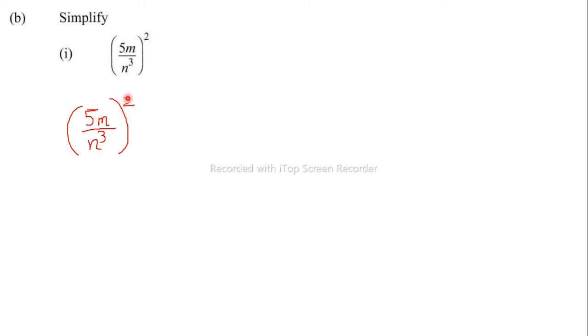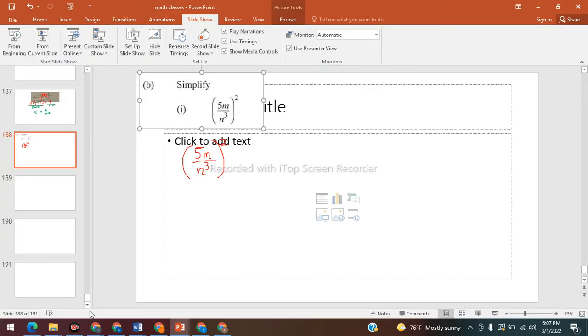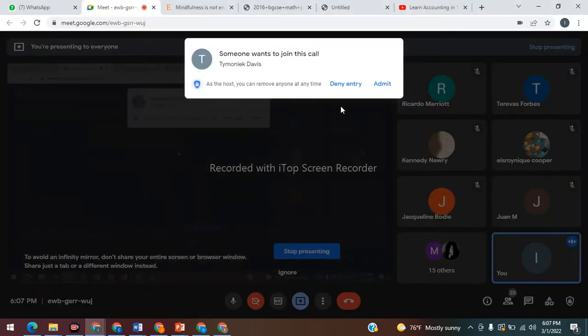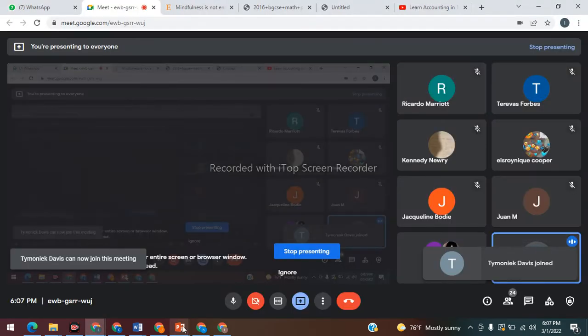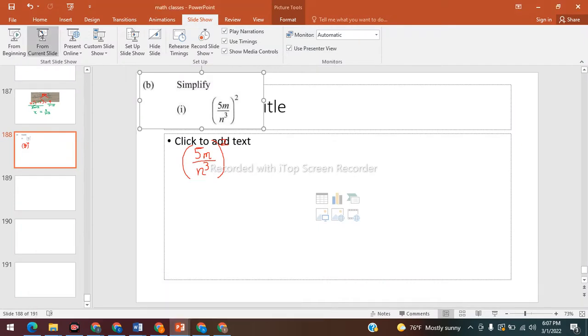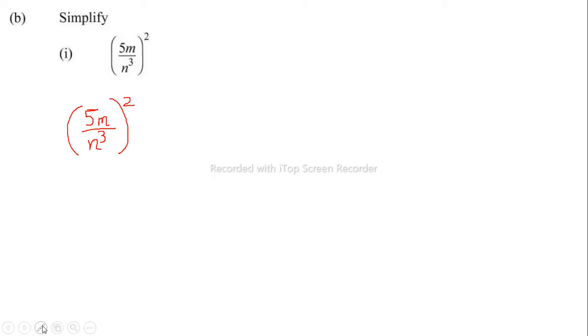Again, we take the squared and apply it to the top part and also to the bottom part. That's the first step: taking that exponent and applying it to both the top part and the bottom part. So we take the 2, apply it to the top, and apply it to the bottom. And so that's going to be equal to